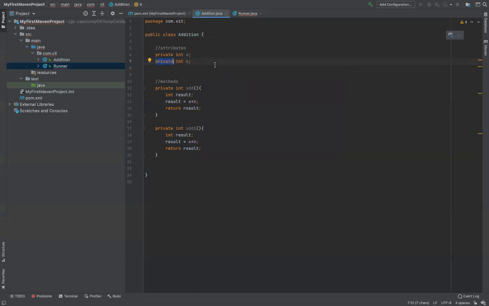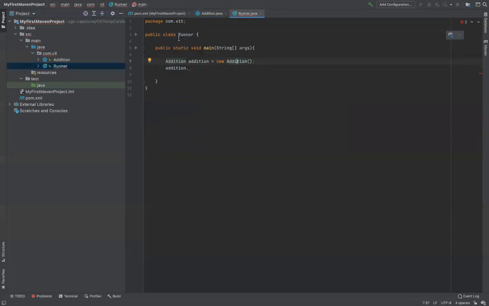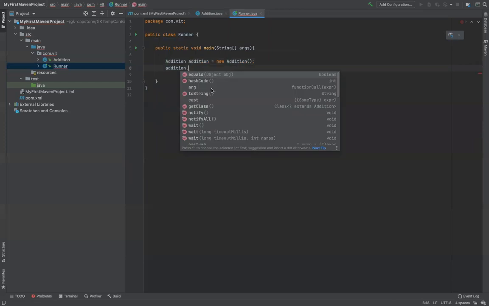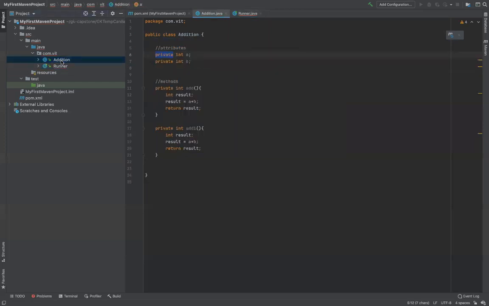All the attributes which you're defining at the class level are also called instance variables. They should be marked as private. No one should have direct access to them. When I say no one, that means no other class should be able to select A and B. They should not be directly accessible. That is a violation of object oriented programming, or rather a violation of a lot of design structures and patterns. It also violates encapsulation. Okay, so you should not be doing this.